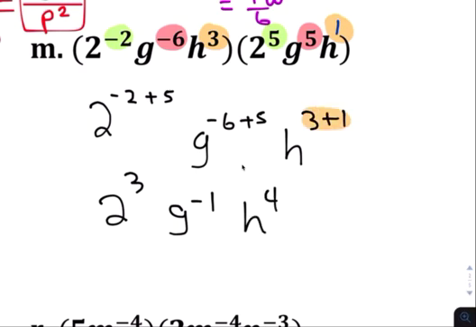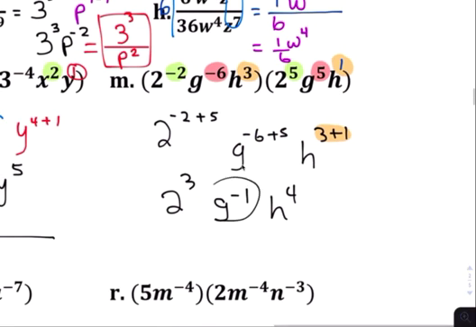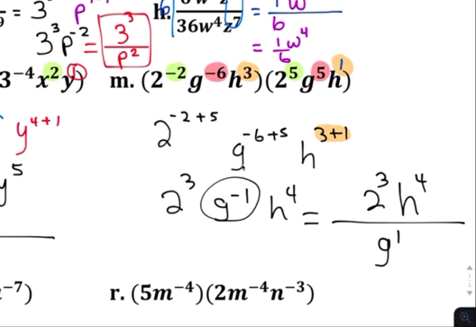Right? So when you add them, that's your answer, but because it's a negative exponent, your final answer is a fraction. That g to the 1st goes on bottom, 2 to the 3rd goes on top because it's positive, h to the 4th goes on top because it's positive. Okay,